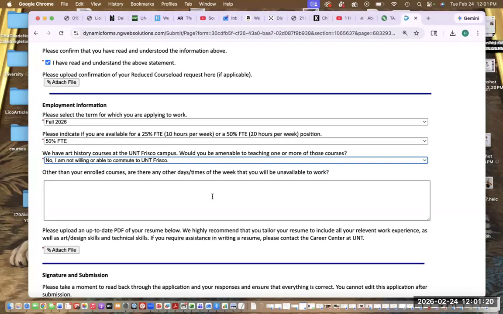Now let's get down to this part. Other than your enrolled courses, are there other days, times of the week that you will be unavailable to work? So we all have our different obligations. One thing I would ask you to keep in mind is the hours of employment for positions in the college tend to be 8 a.m. to 8 p.m. because we have classes that go to 8 p.m. Monday through Friday.